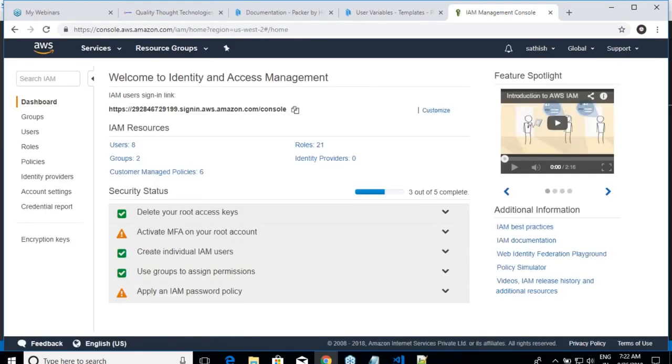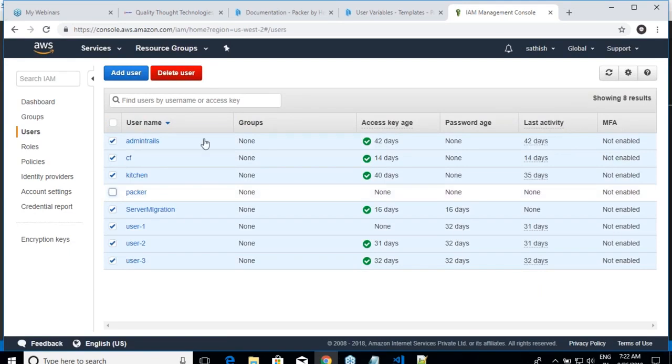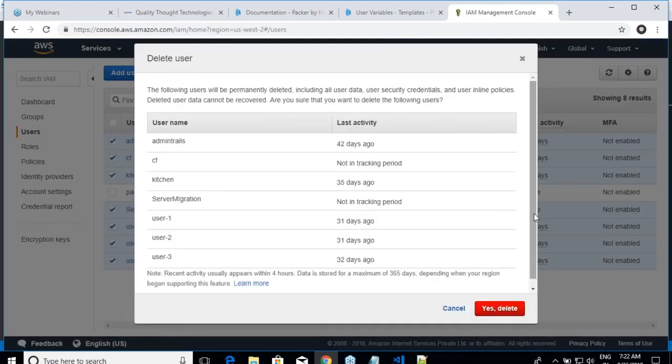Really not interested in the EC2 and stuff. Let me delete all the unnecessary users. I just need only one user over here. Yeah. Packer,